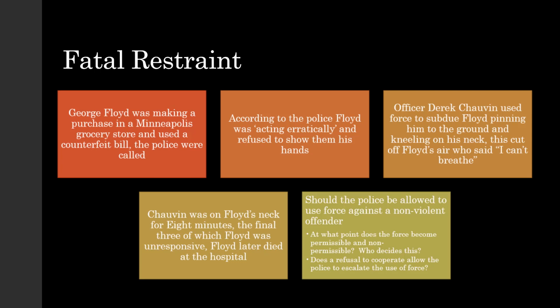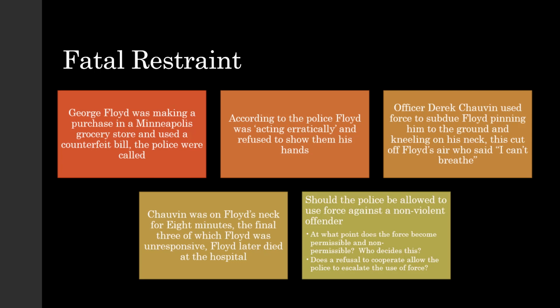Alright, so at the beginning of this chapter 1, it talks about George Floyd. And that's fairly recent in history, obviously, although depending when you watch this video, it might be a ways in the past. George Floyd was a black man in Minneapolis, Minnesota, and he was making a purchase in a grocery store, and at the grocery store he used a counterfeit bill. Now, it's not terribly important for us to know, did he know it was a counterfeit bill or did he not know? But when the police were called because there was a counterfeit bill, he was confronted by the police, and several people around him,